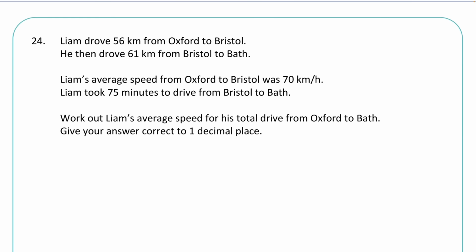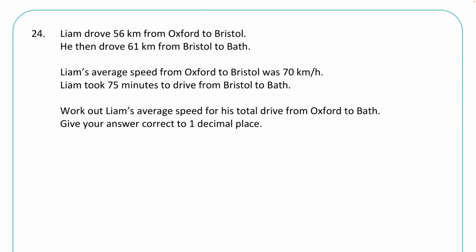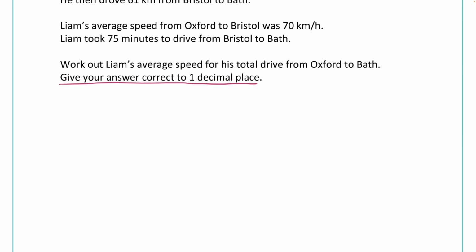Okay, on to question 24. So this question is looking at speed, distance and time. Now this particular question has a mixture of speeds, and it says in the final line, give your answer correct to 1 decimal place, which does give us a hint here that we are going to get decimals within our answer. Now whenever we have mixtures of journeys like this, I always write a two-way table, just to organise all